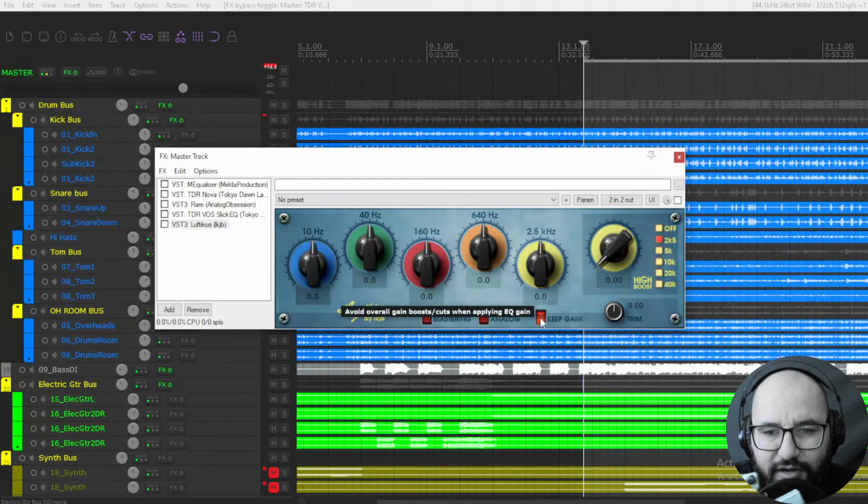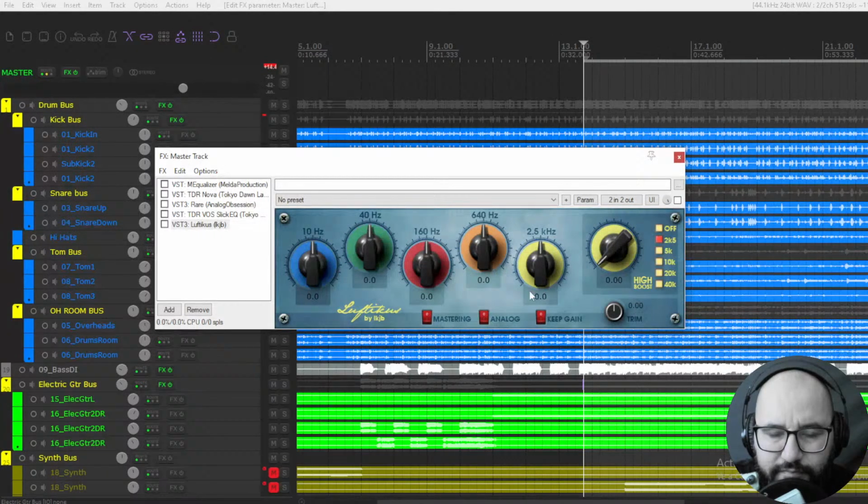I also love the keep gain, which is an auto gain functionality, right? It keeps the volume of the output the same as the input, no matter if you boost or cut, right? Like the previous plugin. And the analog adds a bit of analog coloration, right? If you enable mastering here, you have less control. When it's disabled, you can be more specific, and when mastering is enabled, the changes are a bit less specific, right?